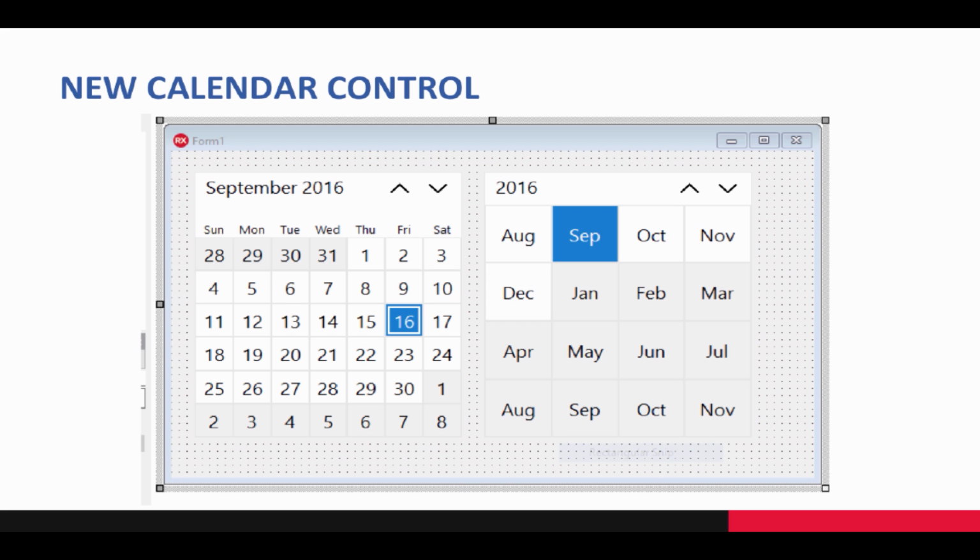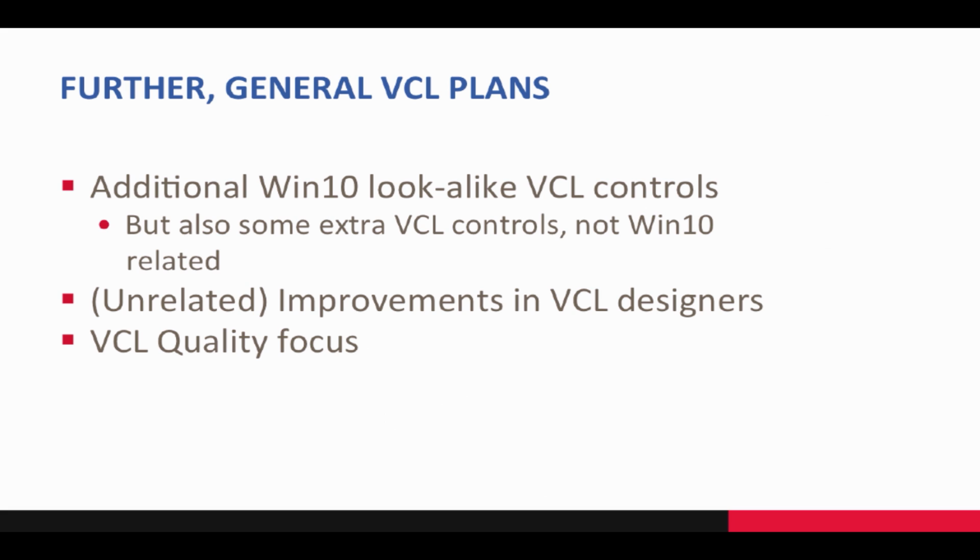The other capability that we're going to add is one additional WinRT lookalike control. It's a calendar control. Those are two of the views. There is also a year view, a decade view, sorry, with the different years. It's animated, fully interactive, and an extremely nice implementation of the WinRT calendar control with a really distinct UI compared to the old Windows calendars. There are other plans around VCL improvements unrelated strictly to Centennial or Windows 10 Anniversary Update,